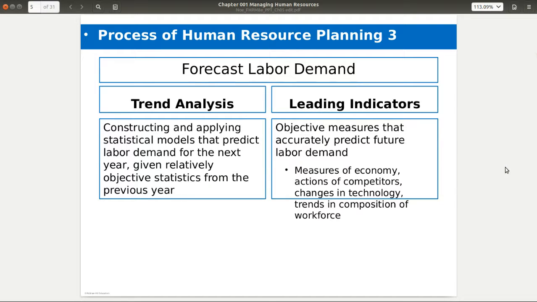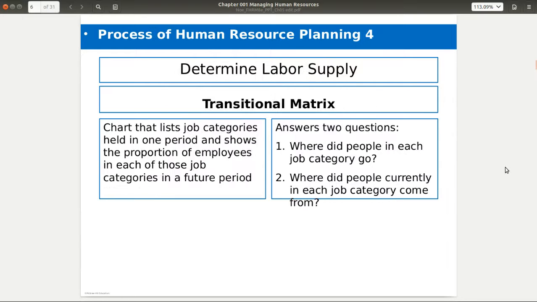If you've had some economics, you understand what leading indicators and lagging indicators are. Basically, it's things that kind of tip off: is the economy going to grow? Is it going to retract? Also thinking about our business, are we expected to grow or are we expected to contract? And so there are going to be some indicators that say here's some things that are going to be happening over the next year, 2 year, 5 year length of time.